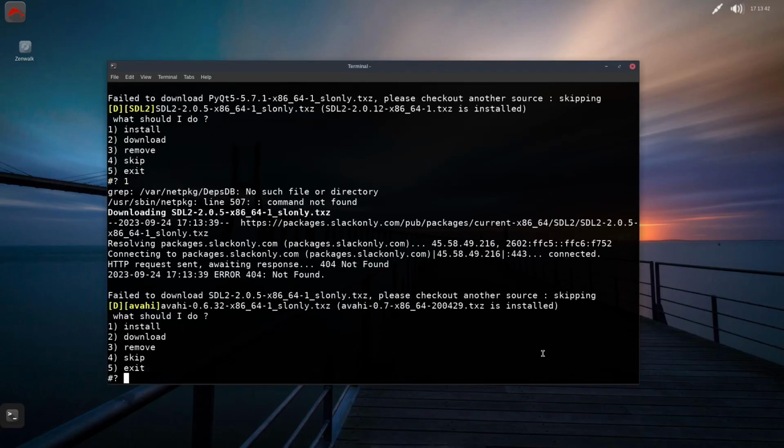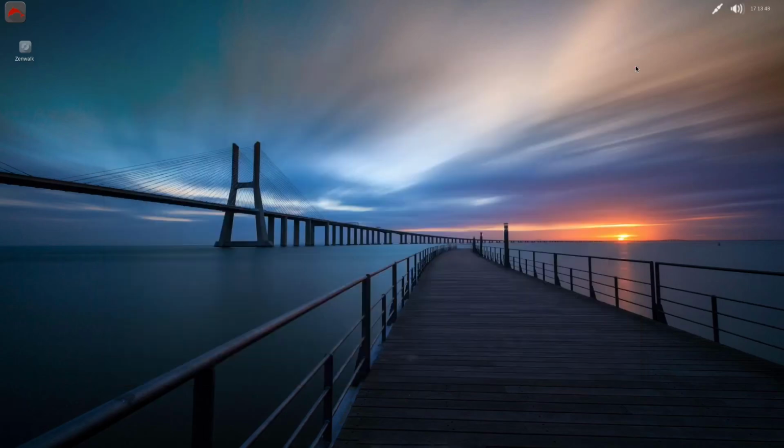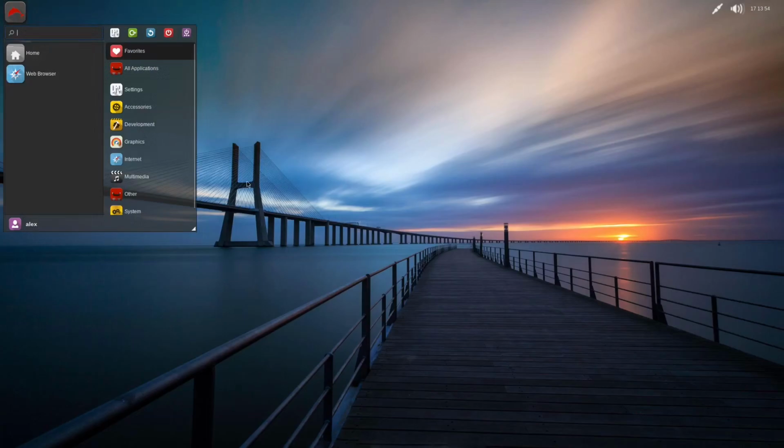It's failing to download all of them. It's doing the same thing. I'm just going to hit 5 to exit. So there's that. So you understand that. But that's not really what... It's more than likely probably my internet connection through my VirtualBox, or my router, that's stopping it. But either way,